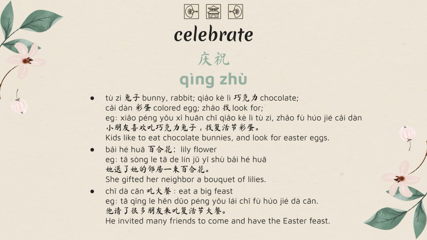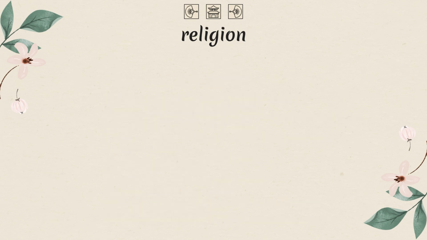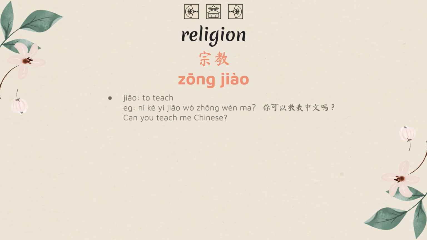谢谢你. Thank you. Now we're going to talk about religions in general. The word for religion is 宗教. Now the word 教 could mean religion, but it could also mean to teach. But when it means to teach, it has a different pronunciation. It becomes the first tone, which is 教. It's higher pitched. Versus when it means religion, it's the fourth tone, 教. It sounds more angry.